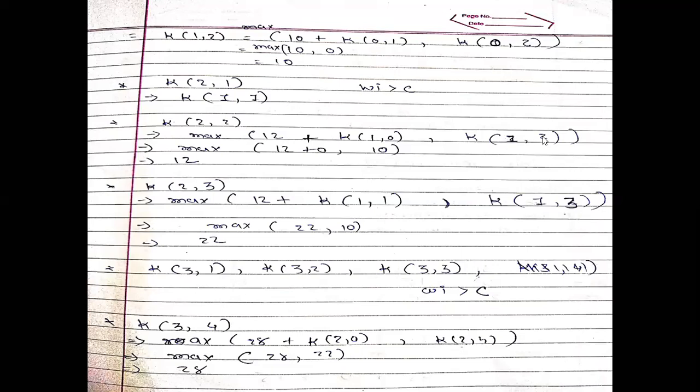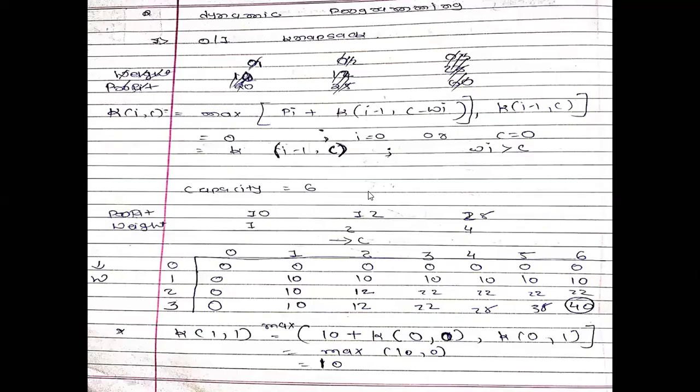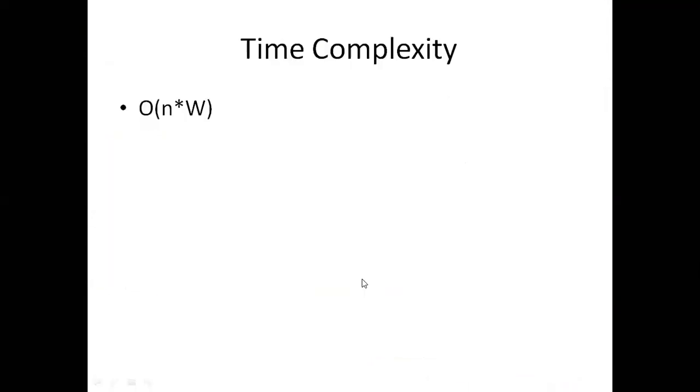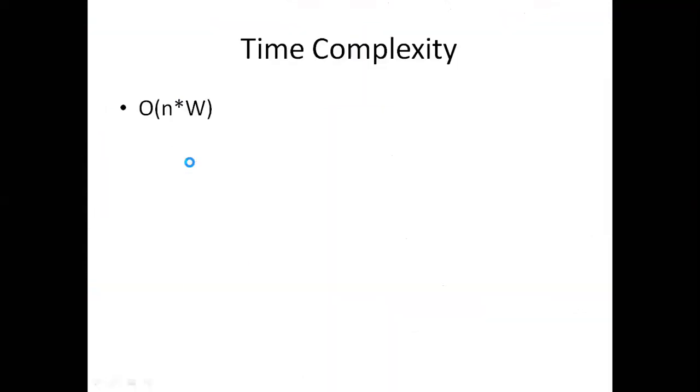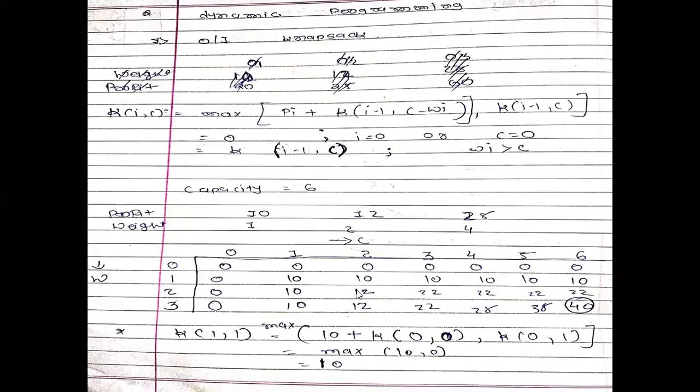અને K of 1 2, let's check what is the value. 1 2, શું વેલ્યુ છે ત્યાં? 10 પુટ કરેલી છે. So here we will put 10. અને 12 અને 10 એમાંથી મેક્સિમમ વેલ્યુ કઈ છે? તો કે 12. So we have to put here 12. Done? તો આ રીતે તમારે વેલ્યુઝને કેલ્ક્યુલેટ કરતા જવાનું છે.